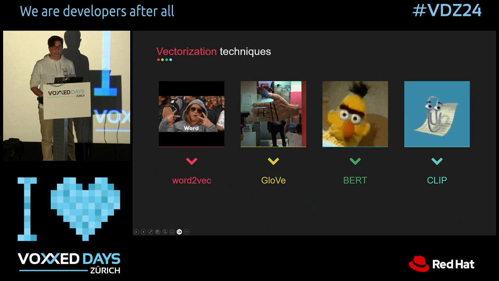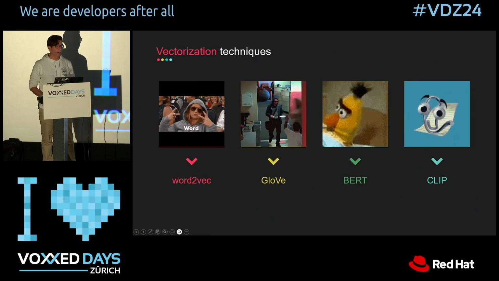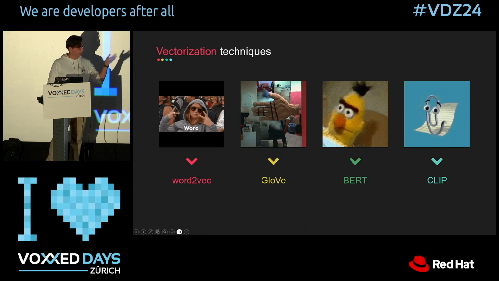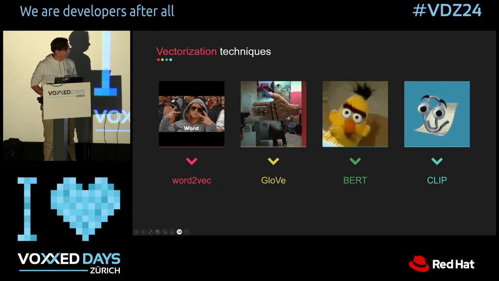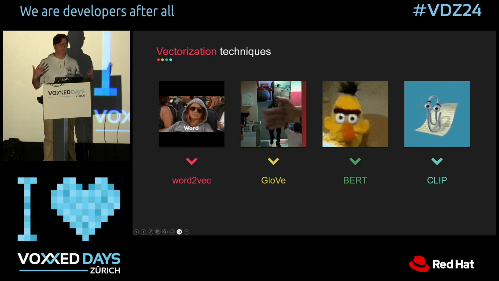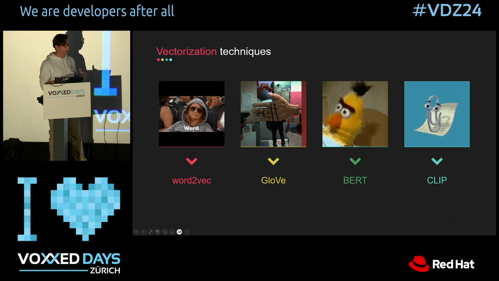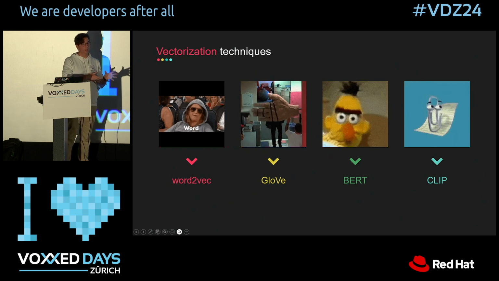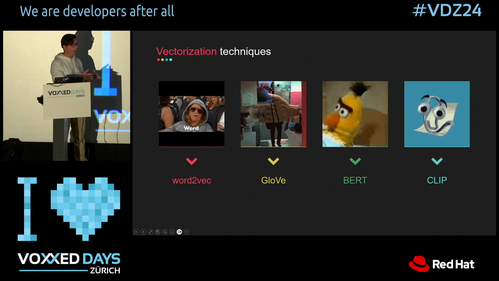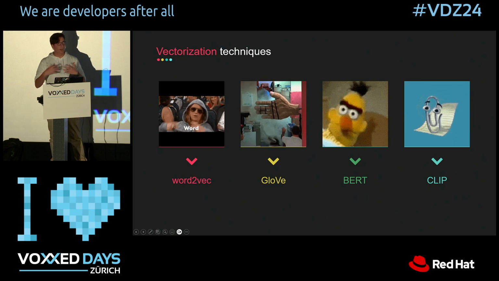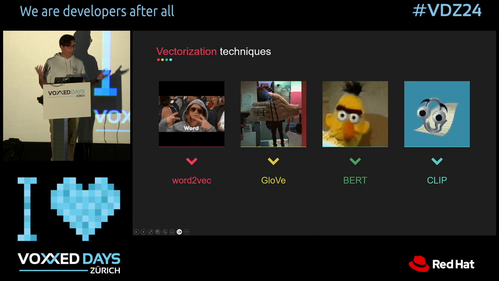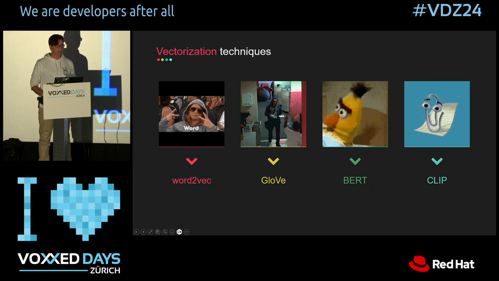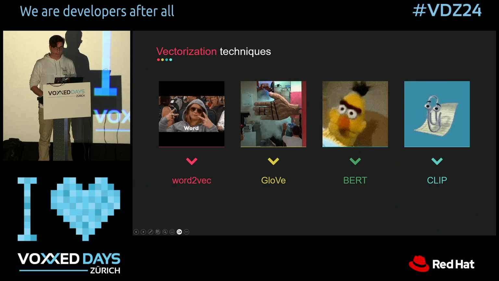But a couple of years ago, the transformer revolution happened. So we had transformer models like BERT and CLIP like 2 years ago. And these models can actually understand context. So words with different meanings in different contexts had a different vector representation. And that really allowed the generative AI to go off and actually give good advice, or decent advice most of the time.